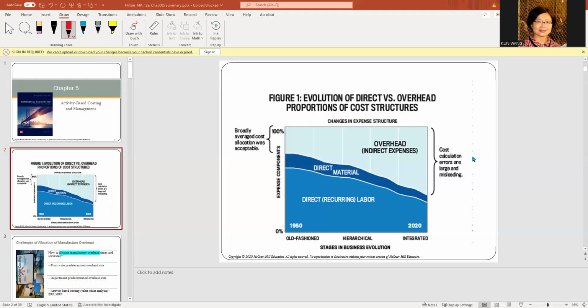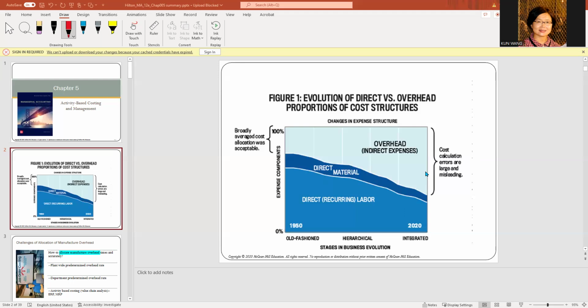Because in the job order costing system or even in process costing system, for the direct labor and direct materials, we use the actual cost incurred. We can trace them to the usage of the direct material and the labor hours. But the overhead cost is a systematic allocation depending on the way you choose the cost drivers and the approach